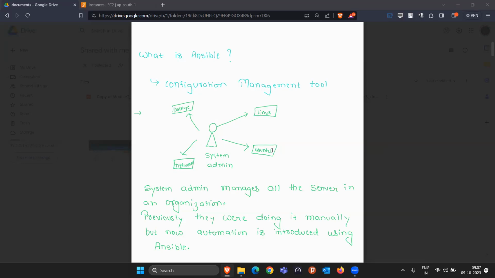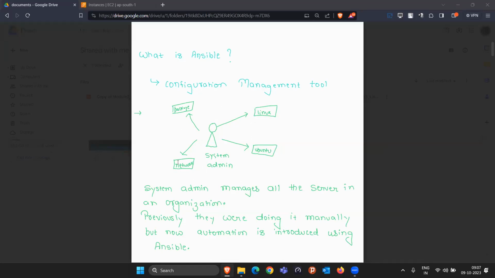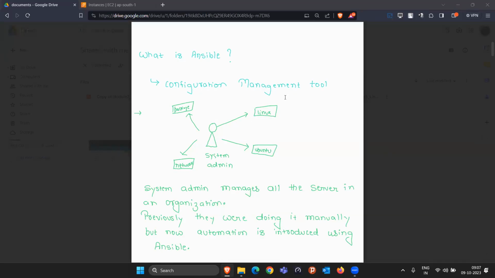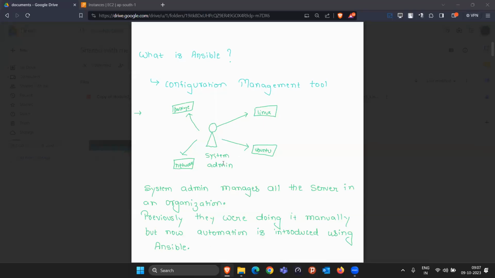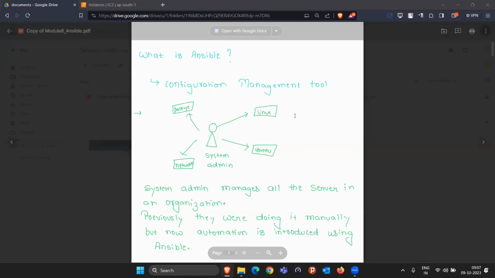And if there are hundreds or thousands of servers and we want to manage everything, it was really difficult. That's what people were facing: copying a file and pasting it to all 100 servers, deleting some files from 100 servers, everything was a manual task. Until I log into all 100 servers one by one, how can I install the software there, or update the software there? So all these things should be automated in nature.